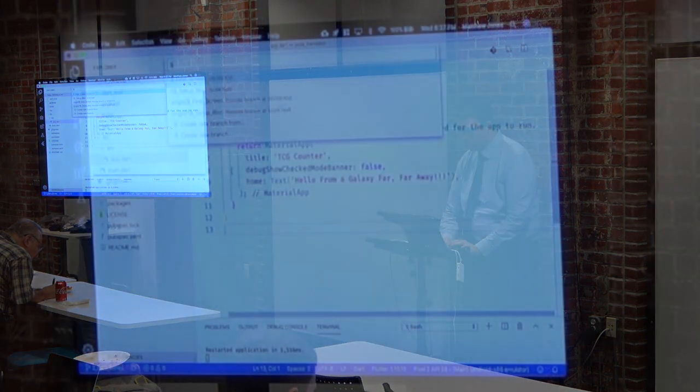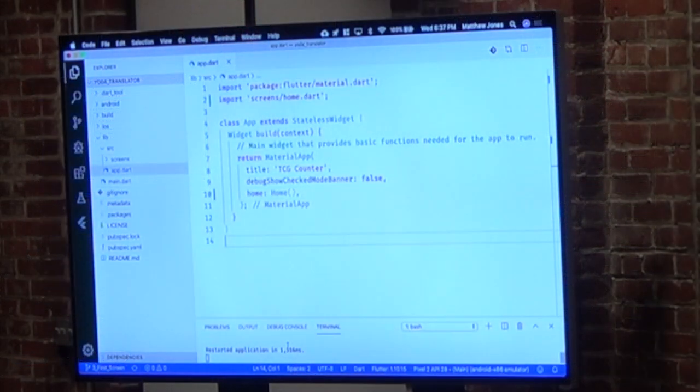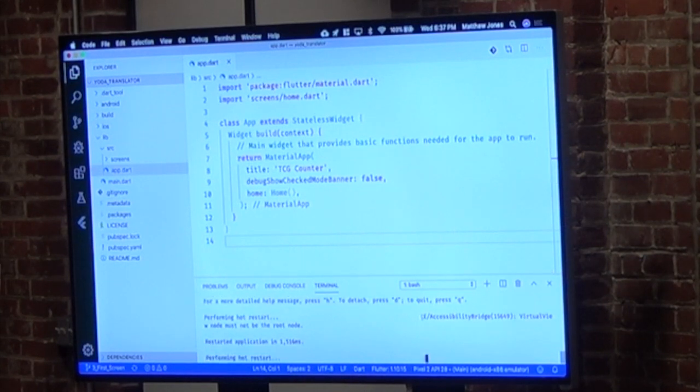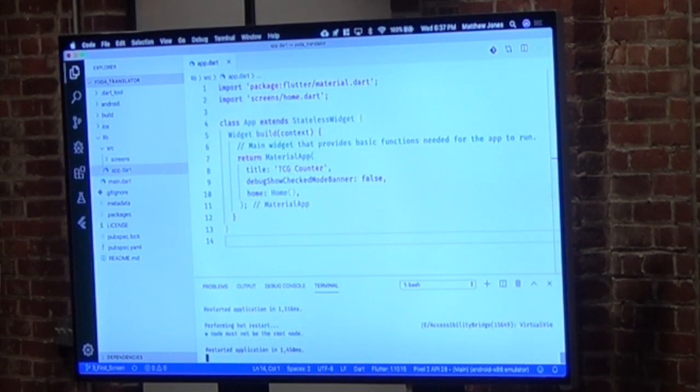So let's go to that. Refresh the app here. By the way, in case you didn't notice, there's this cool feature in Flutter. If I hit Shift-R, it automatically refreshes the app, and so I don't have to completely rebuild it from scratch every single time. It makes development so much easier. Okay.